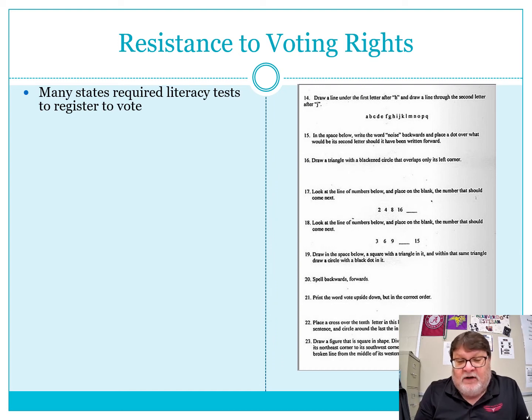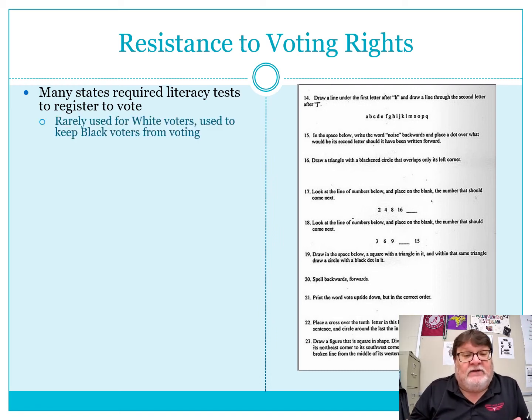Or some of those, if you read 21 and 22 and 23, if you look behind my picture, when you get the regular PowerPoint, you can see some of those. It's just crazy stuff designed to make sure that people who are not very literate, which is going to be the poor population, and the poor population is going to be primarily minority population in the South, couldn't be allowed to vote. So again, rarely used for white voters, used to keep black voters from voting. Even sometimes white voters, the establishment, which is the Democratic Party in this case, back in this time frame, didn't really care if the poor white people didn't vote either. But it's mostly geared towards the black population.